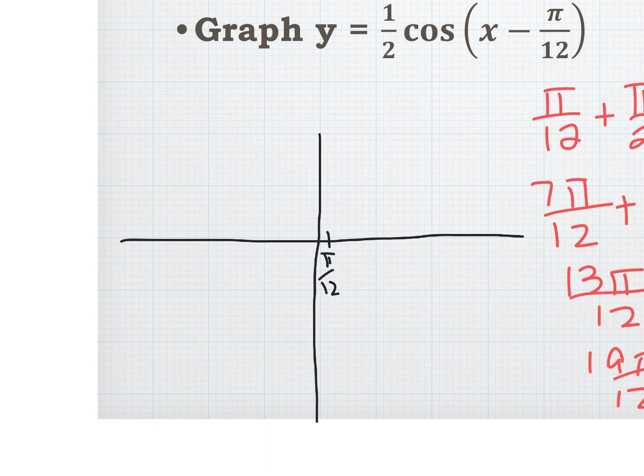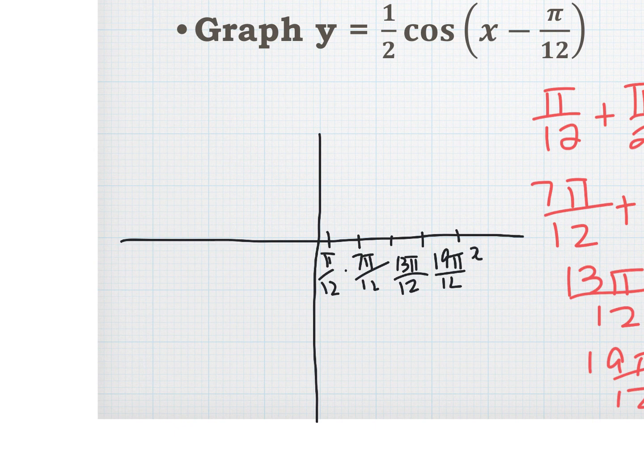So my next point is the 7 pi over 12. And then 13 pi over 12. And then the next one, 19 pi over 12. And then the next one,